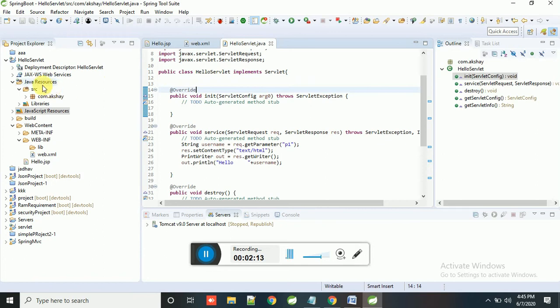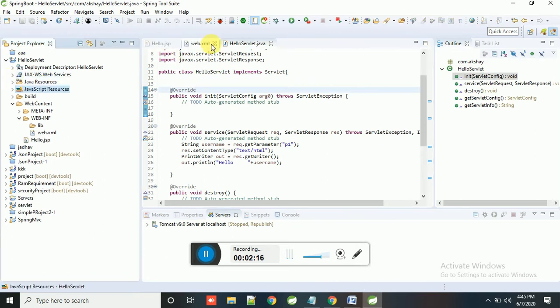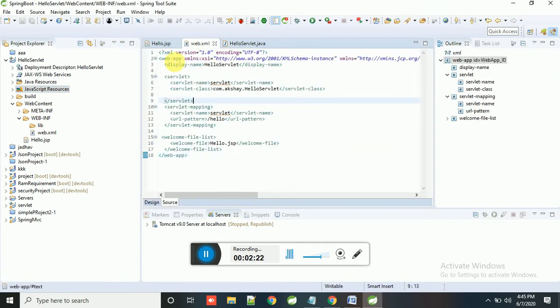First, I will tell you what we can write in web.xml. Inside web.xml, web-app is the main root tag, and inside it are servlet and servlet-mapping. Here is the URL pattern. In the previous lecture we made a mistake here, writing URL mapping, but it is not that. Here is the URL pattern, and another tag is welcome-file-list. At the time of server starting we need to redirect the server to a particular JSP file. That's why we write the welcome file here.